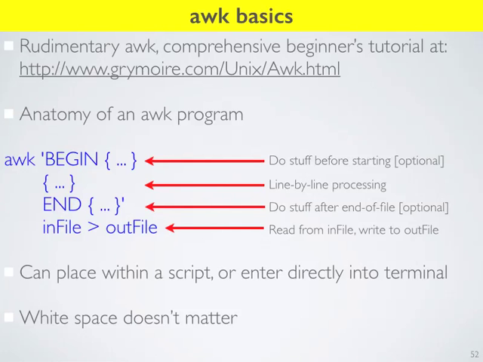And then you have the in file, and then you dump stuff to the out file. And so this is the file awk expects to read, and this is the file awk expects to write. And so as we'll see in a second, you can actually read stuff from the terminal and write stuff to the terminal, but this is the canonical way of doing things. You take an in file and you write an out file. Okay, and white space doesn't matter, and so you can have as many spaces or whatever within the body of the code, and it will still work just fine.